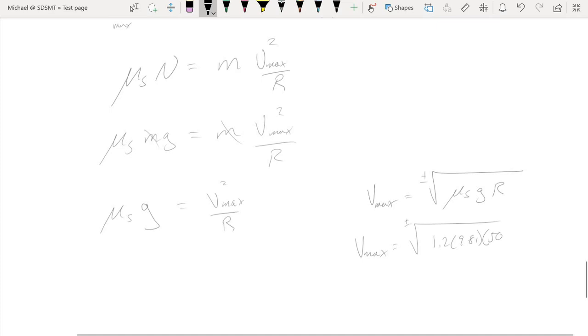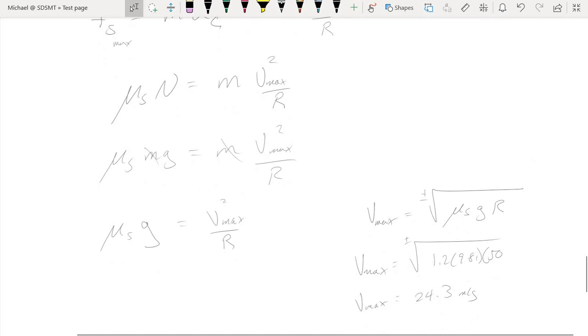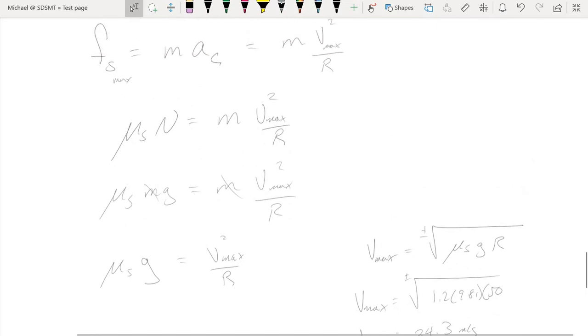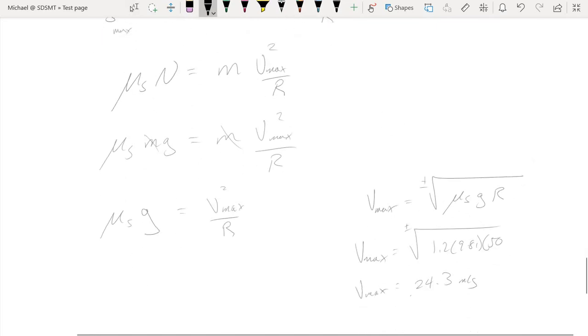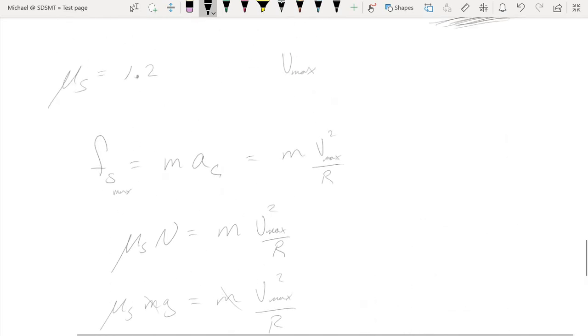We'll plug all of that into our equation and our calculator. Square root. And I have 24.3 meters per second,